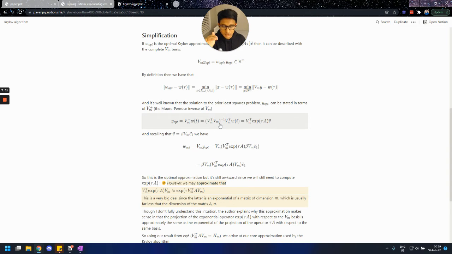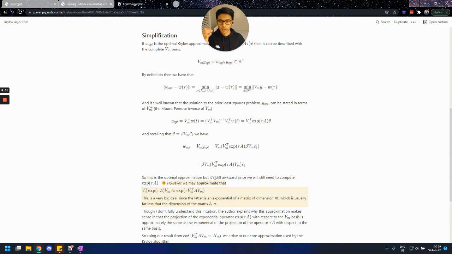So if you take the transpose of it, and you multiply them together, you take the matrix product, you're only going to get one along the diagonals, because each basis vector is orthonormal to each and every other basis vector in the matrix. So that gets canceled out because the inverse of the identity is the identity, and you end up with V sub m transpose times exponential of tau A times v, and this will give you your optimal